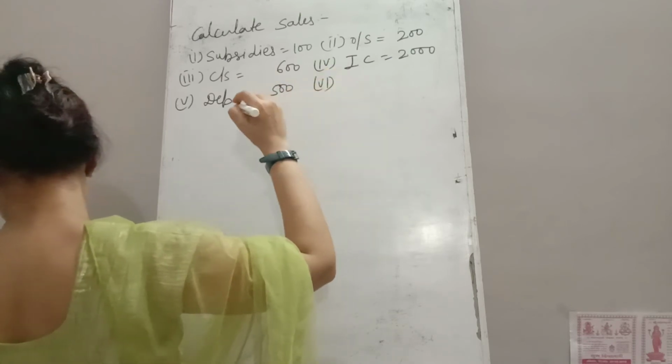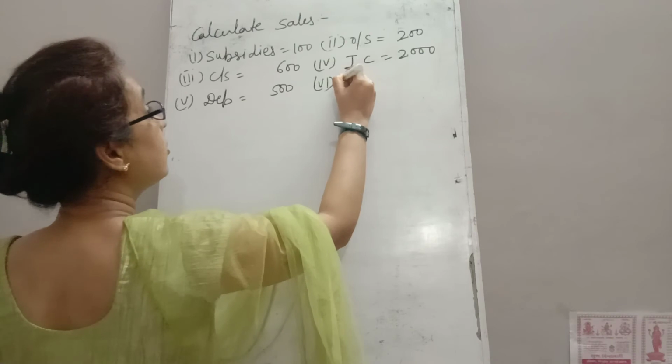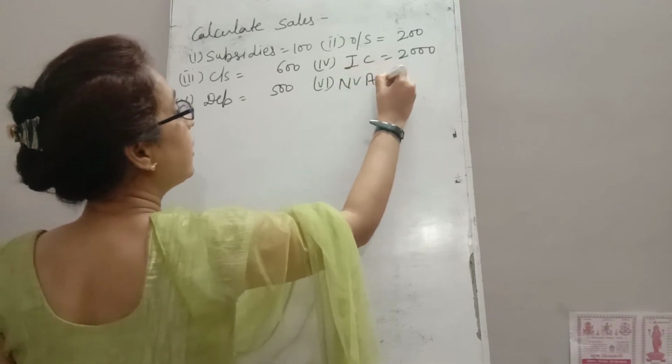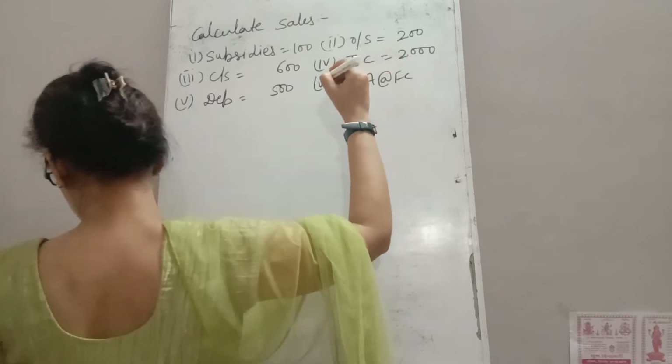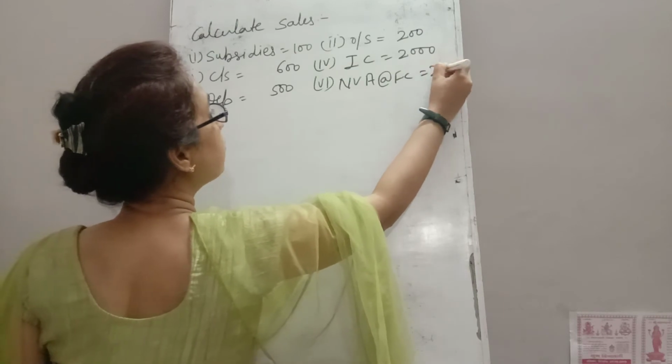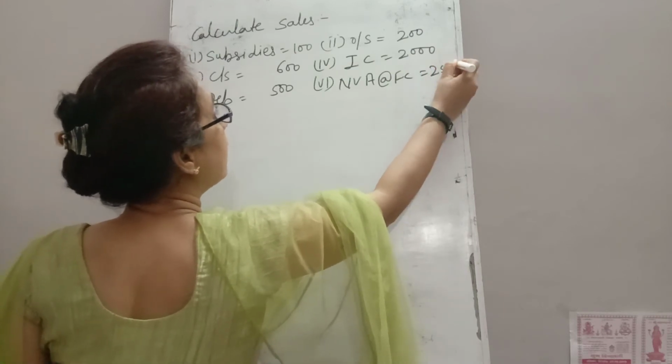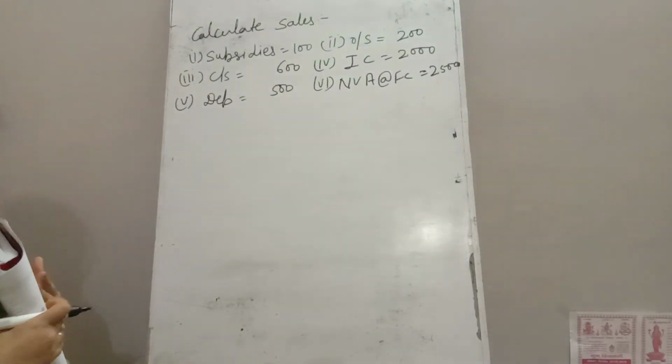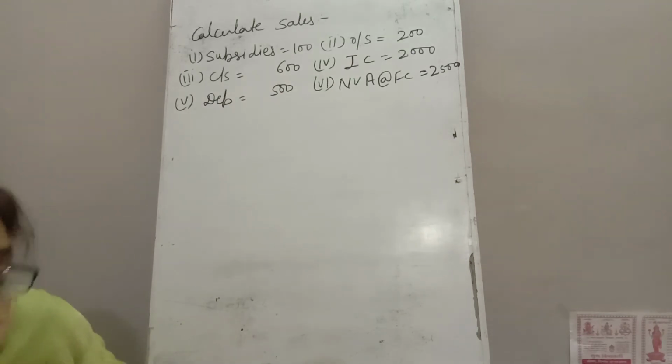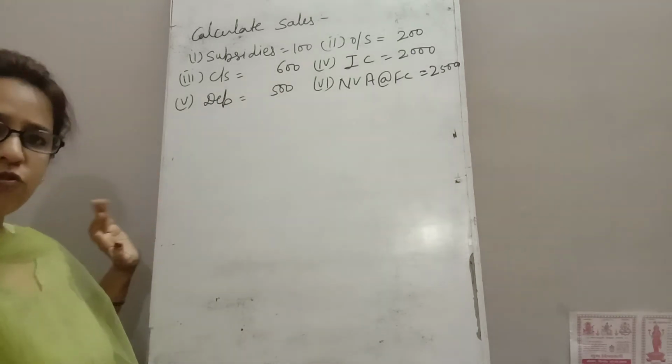Sixth, net value added at factor cost, they have given 2500. Clear? Now, first of all, what you have to do, you have to write three formulas which I have